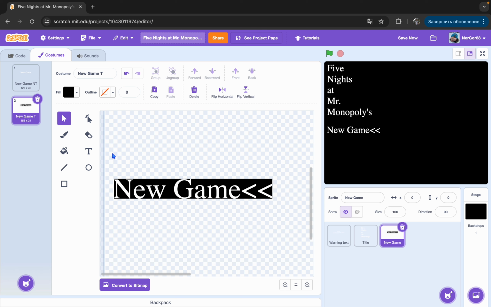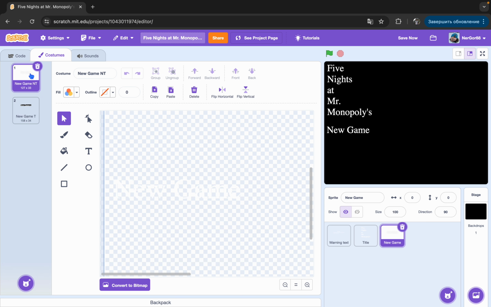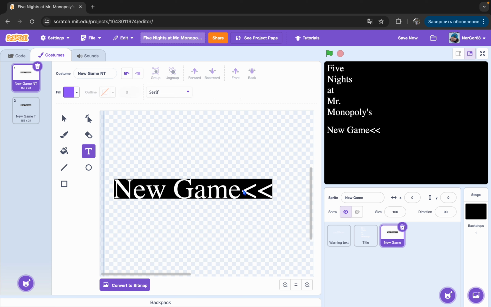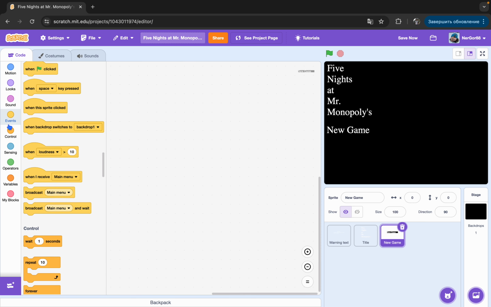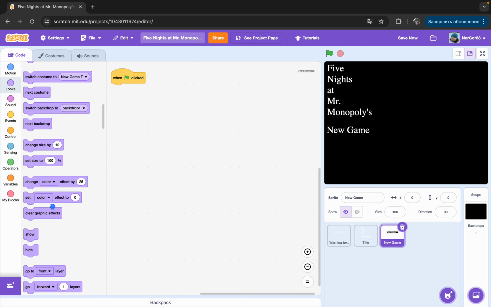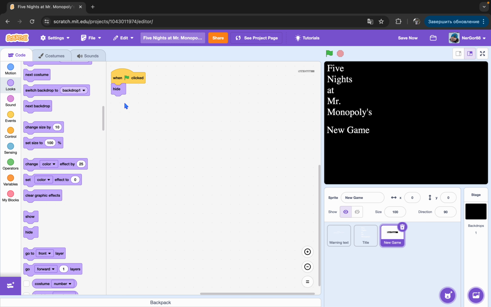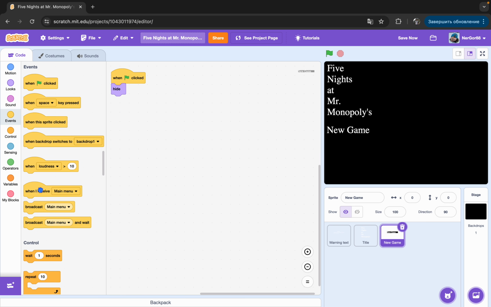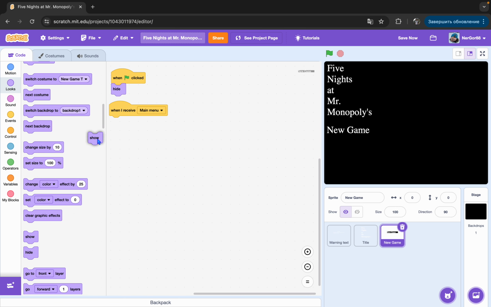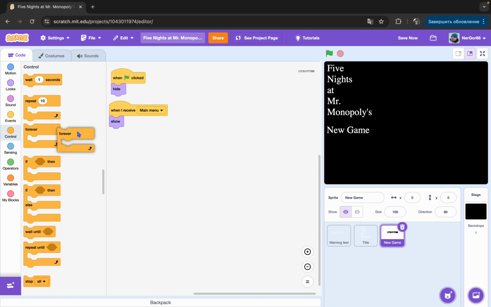Okay, and we are going to copy this costume, and replace it. Only we are going to delete the arrows. Okay, so when green flag is clicked, we are not showing because I explained earlier why. And when I receive main menu, we are going to show, and forever,